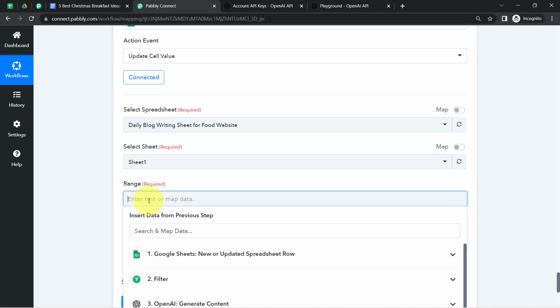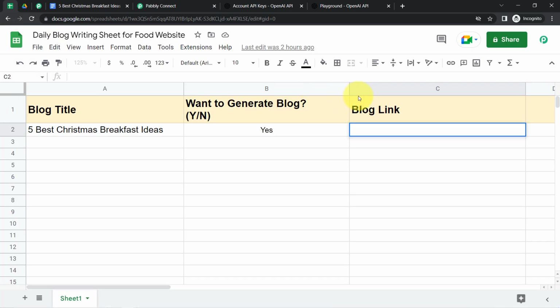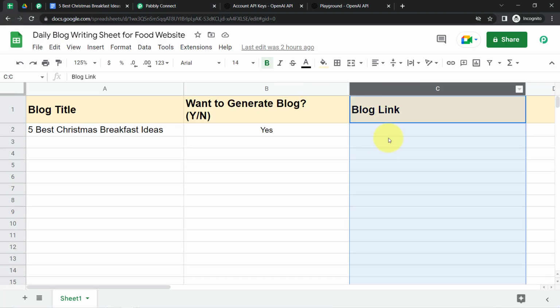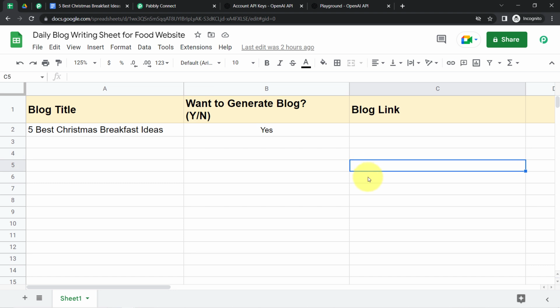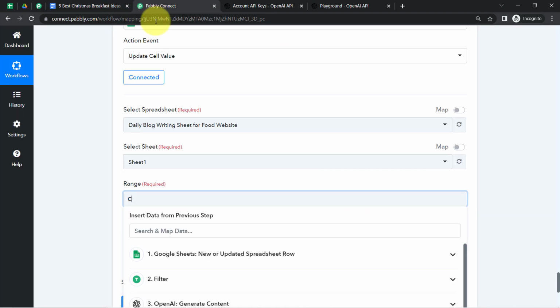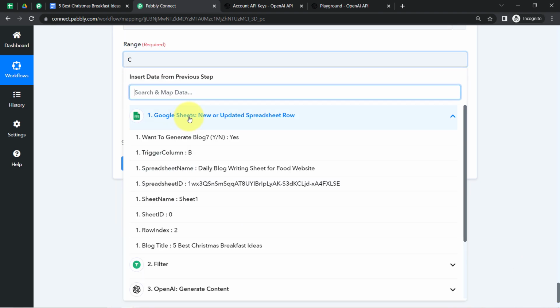But here I am keeping the column name manually. I'm only going to map the row index. Why? Because column name will be same all the time, but the row index will keep on changing. Sometimes it will be 2, 3, 4, 5 and so on. So that is why I have added the column name as C, and I'm going to map the row index,